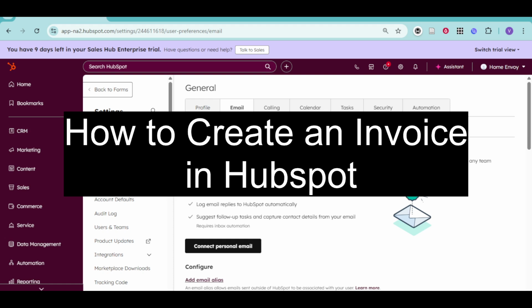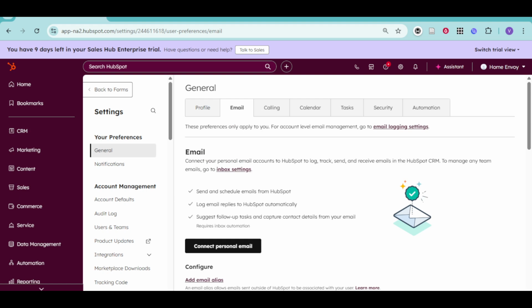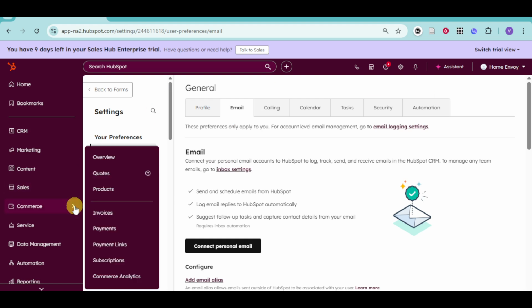In this video, I'm going to teach you how to create an invoice in HubSpot. In order to do that, you first need to head over right here into your commerce. And once you're in there, click on invoices. After that, it should open right here this particular section that allows you to get started with